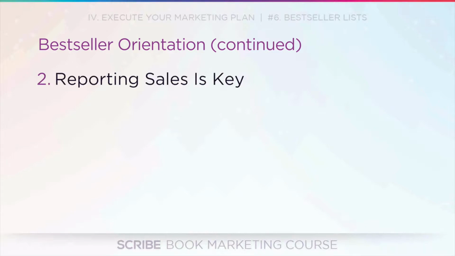Now note, this is completely different than the advice we recommend in all other modules, where concentration of marketing efforts actually makes them harder. For every other module and for all of our authors, I would highly recommend you not create velocity of sales because it doesn't help you at all unless you're worried about bestseller lists. That's the key thing. The second element of bestseller lists that you've got to understand is reporting of sales.